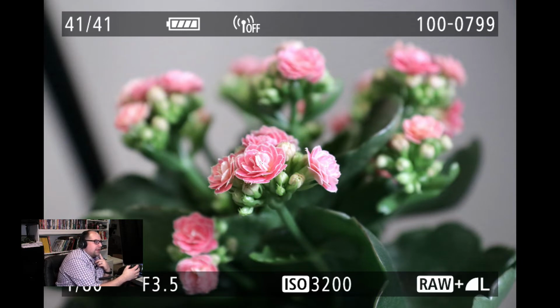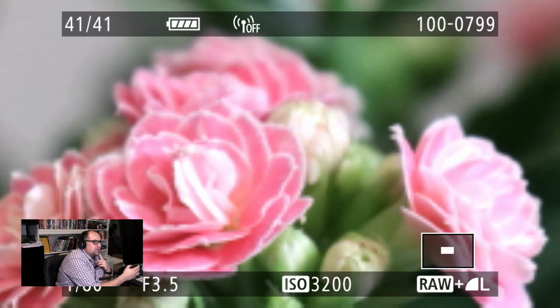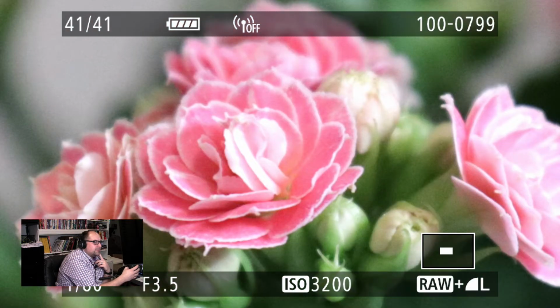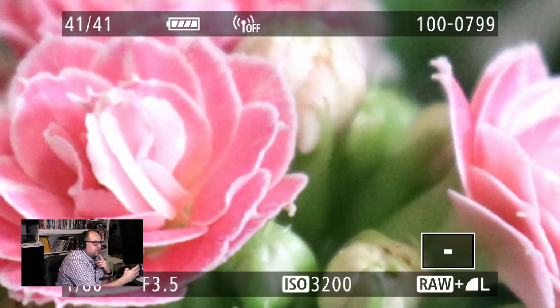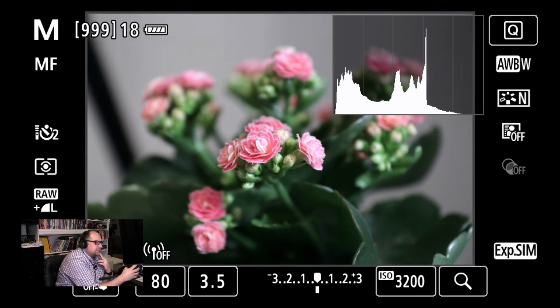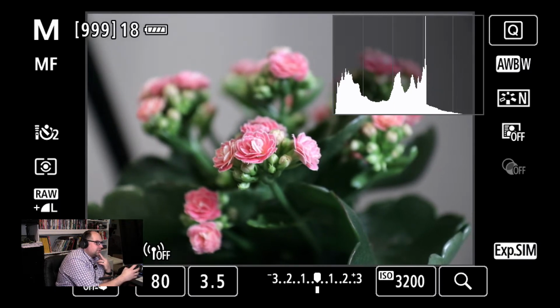So now if I push play and I zoom in a little bit here, this is the 3200 ISO. We have a nice picture of some plant petals and stuff, but there is kind of this weird fuzziness you get to the image. If we go back now to this other image that was taken just before this one,